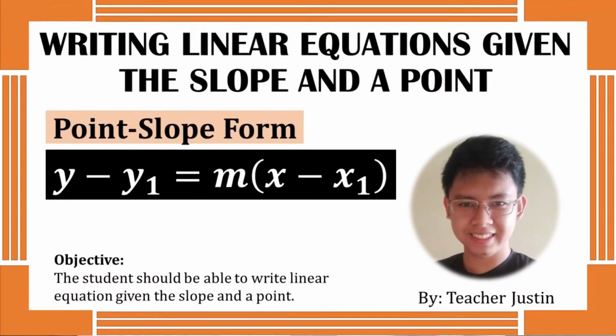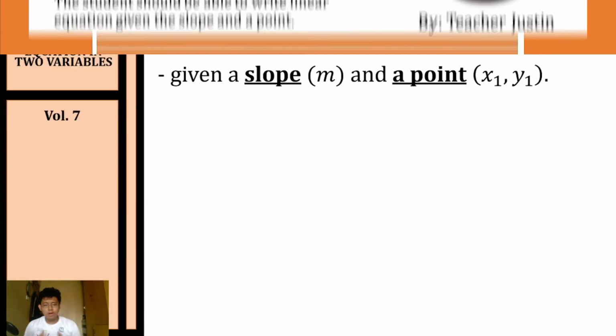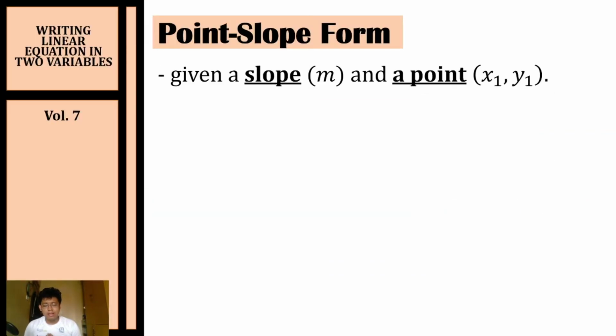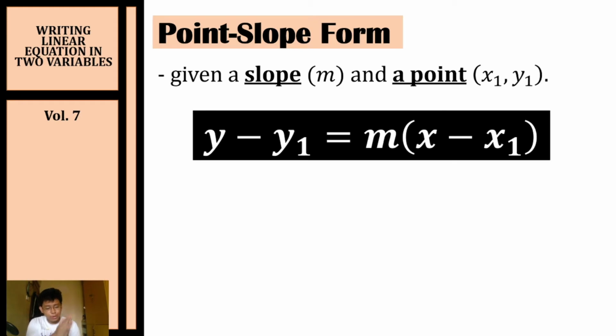On today's topic, we're going to write a linear equation given the slope and a point. If you want to write the equation of a line given the slope and a point, we will use a formula called the point slope form. The point slope form is y minus y sub 1 is equal to m times the quantity of x minus x sub 1. We're only going to use this formula if and only if we're given the slope